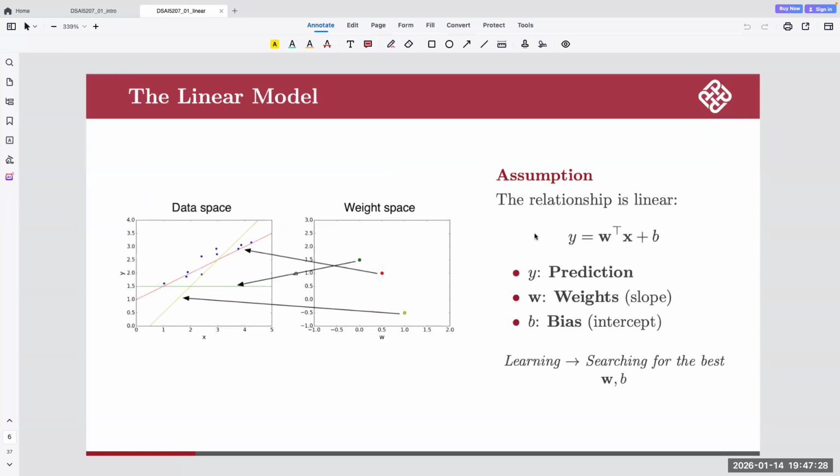A linear model looks like this. The input and output, we assume, follow a linear relationship. It has an input multiplied by a matrix plus some bias, and y is the prediction. The matrix and the bias are the weights of the model. Even in primary school, you learn there's a slope in the function, or a bias for the function. Learning this kind of model, you can see it as searching for the best